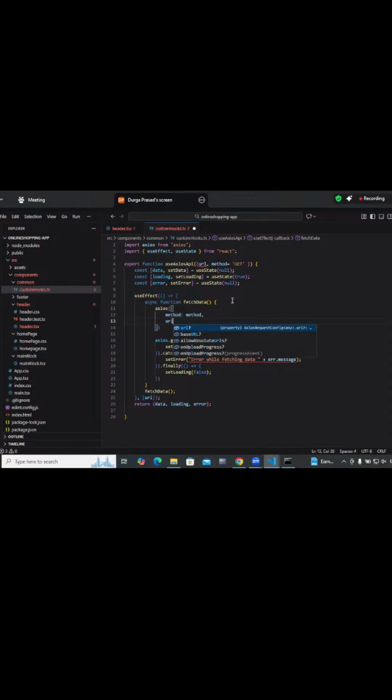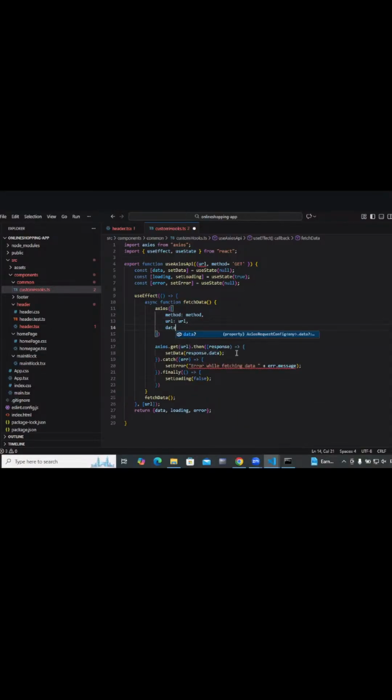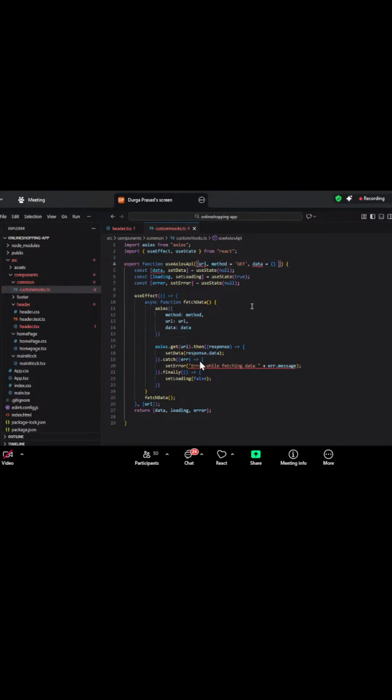URL will be the URL. Data will be the data. We have to get even the data also. Oh, data is already there. User input.